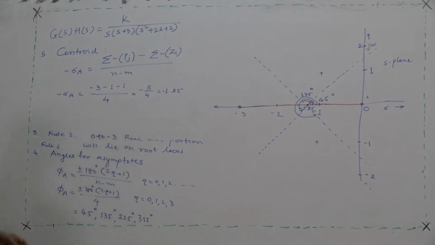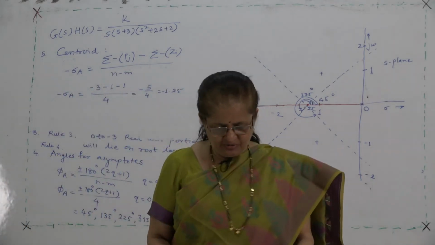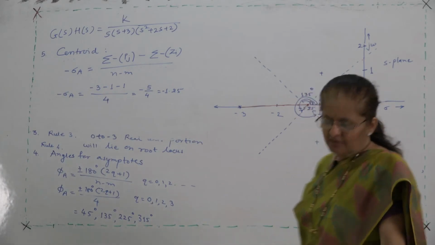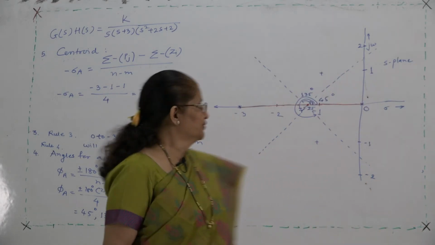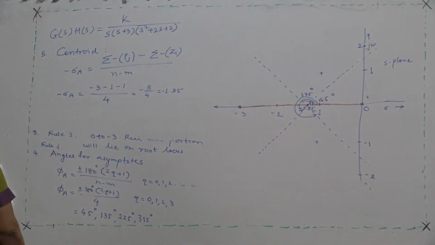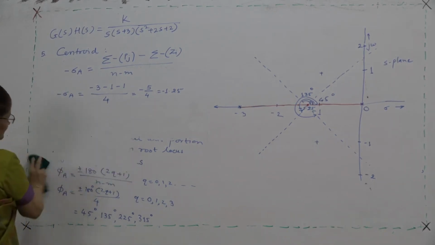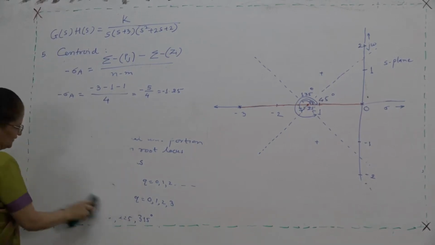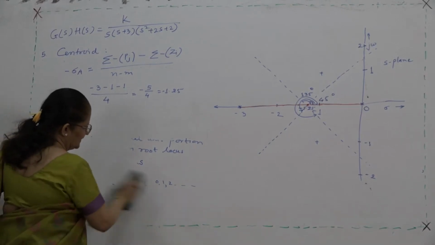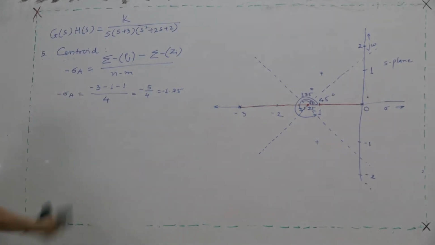Okay. So, once your asymptotes are there, then the centroid is there. What is the next step which we have to find out? We have to find out the breakaway point. So, to find the breakaway point, next rule, rule 6, we have to find out. So, I will rub this. Both things you have to do some work on the notebook, and whatever you are considering on the notebook, that you have to write it or draw it on the graph paper.